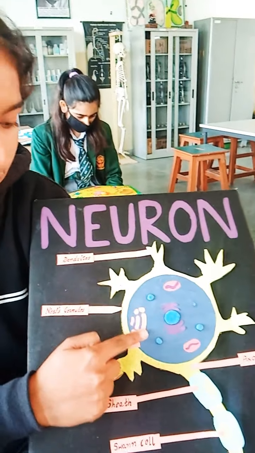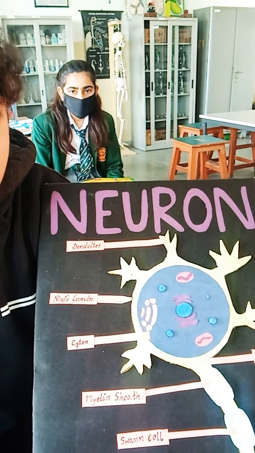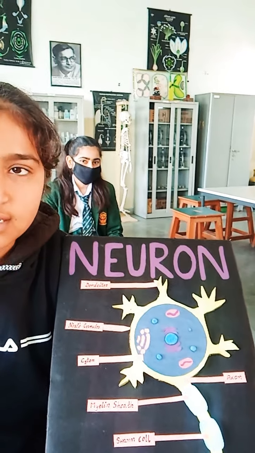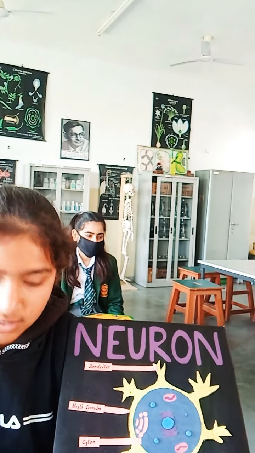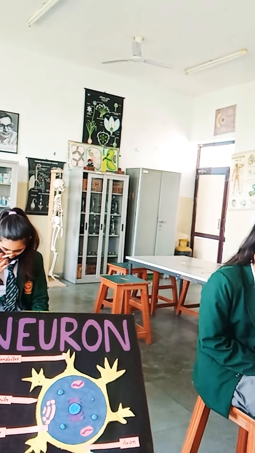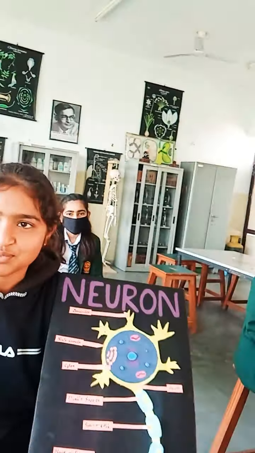Firstly, the impulse arises at the dendrites, then it goes to the axon and then it enters the axon terminal and then it goes to the synaptic knob. So this part is cyton, that is the cell body, and this is axon. And from the synaptic knob it releases chemical neurotransmitters which arrive at another neuron's dendrites. This is how an impulse transmits from one neuron to another neuron. Okay. So how many neurons are present in the brain? Millions. Millions of neurons.